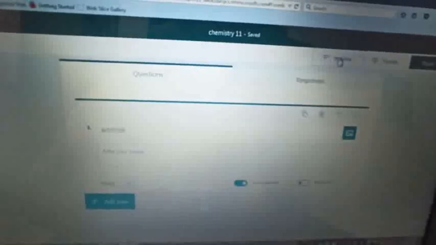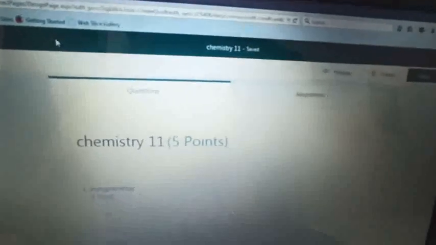Now suppose my paper editing and making is done and I want to preview this, then I will go here and click on the preview. So this is the paper. You can see I have typed the first question, then the second question. It's showing, hi Aparna, when you submit the form, the owner will be able to see your name and email address with this paper. So this is how your paper will look, and then you click on the back button.